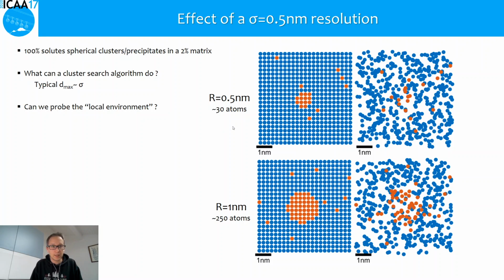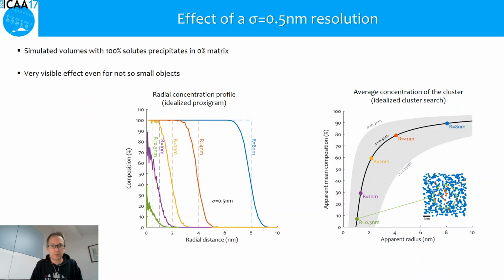original volume. And also, you have to put these 0.5 nanometers in perspective with the typical Dmax, the distance used in cluster search algorithm, which is typically of this order of magnitude. So you already see that in typical clustering context, you will be in trouble if this is actually what is going on. Now, we made some better simulations on simulated volumes with 100% 3D precipitates, spherical precipitates, where we here